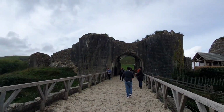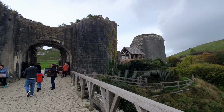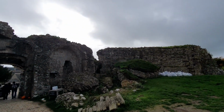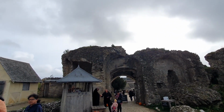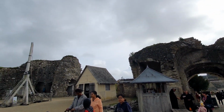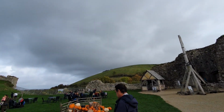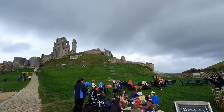Sitting above the village of the same name, the castle can trace its history back to William the Conqueror, who had a motte and bailey castle built on a hill overlooking a gap in the Purbeck Hills shortly after he took control of England in 1066. After the initial construction of lots of castles to quell the recently invaded population, work was started to make the originally temporary structures a little more permanent, with major structural change taking place during the 12th and 13th centuries, rebuilding